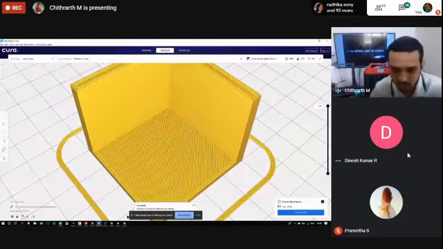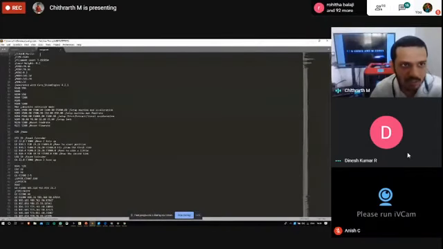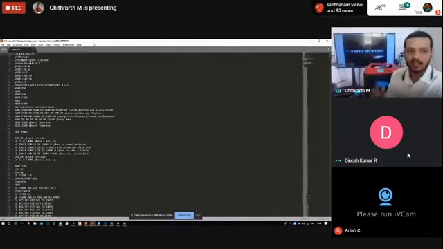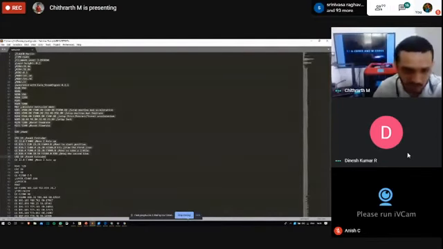I've already done that, but still, just to get a glimpse. What I have done now is open the same file in a text editing software called Sublime Text, which is used for coding purposes. So this is the G code which Cura has created, right? It actually runs to several lines.